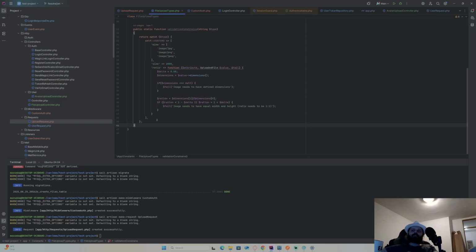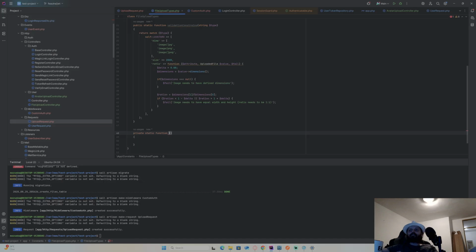I'm just gonna do this a little bit. No, actually, if there are many, yeah, I'm gonna do this private function. This has to be a static function. Get avatar ratio constraints. Here we go, nothing here.